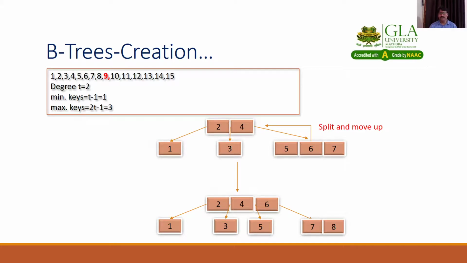Now before inserting the next element, because your root is full, first you have to split your root to make space. If an internal node is full, you split it, and then the middle element goes up to the root or parent, so that there is one space and that parent can accommodate the new element coming from the downside.